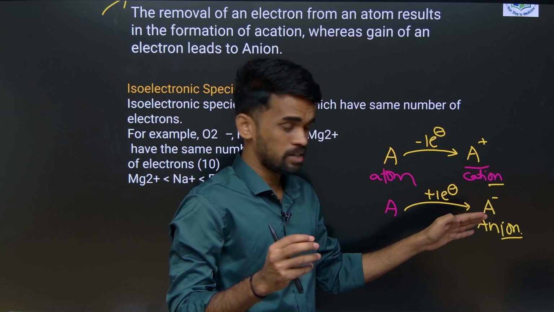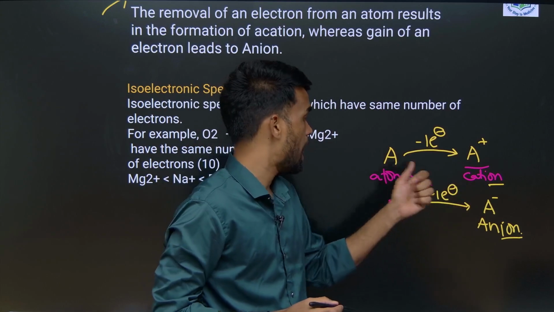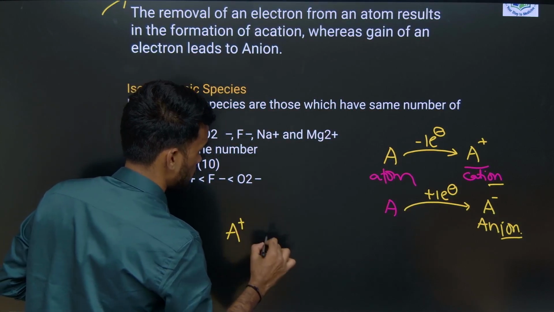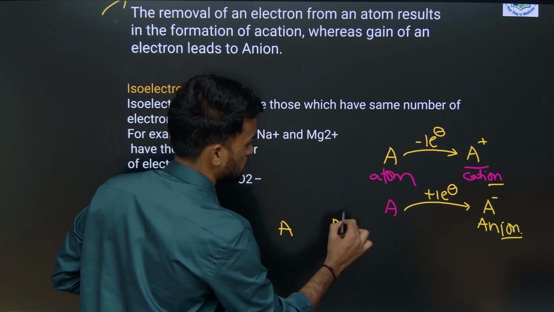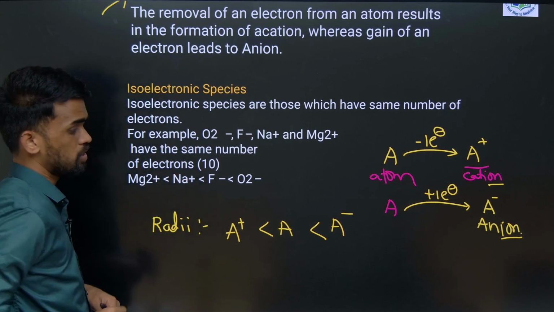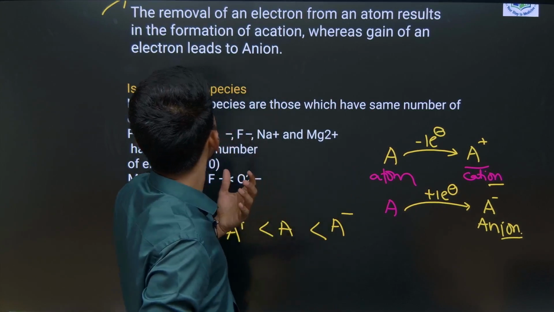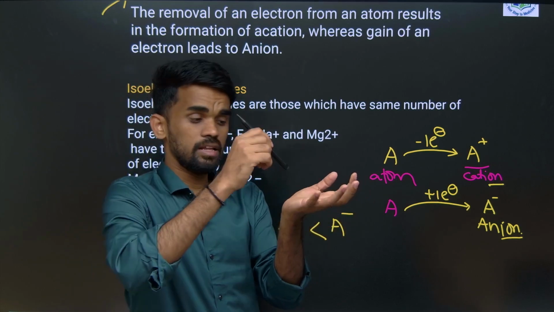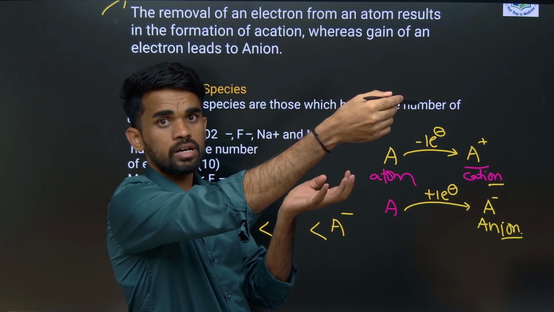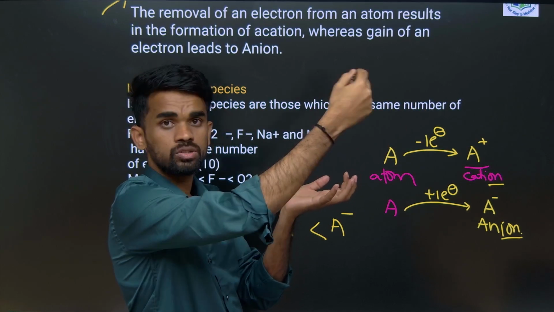Okay, so always remember, for a particular cation, anion, atom, the radius of the anion will be more than the atom, which is more than the cation. So you just remember cation, atom, anion, this is the radius or size order. So why is it like this? Just now I told you how we define atomic radius. Similarly we can do it for ionic radius also. See, the distance from the center, I mean the nucleus, to the outermost electron cloud, whatever electron is in the outermost shell, we have to take the distance from the center to that electron.